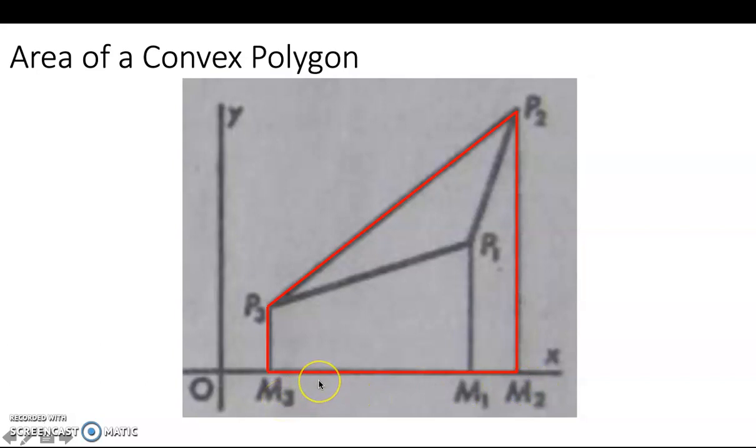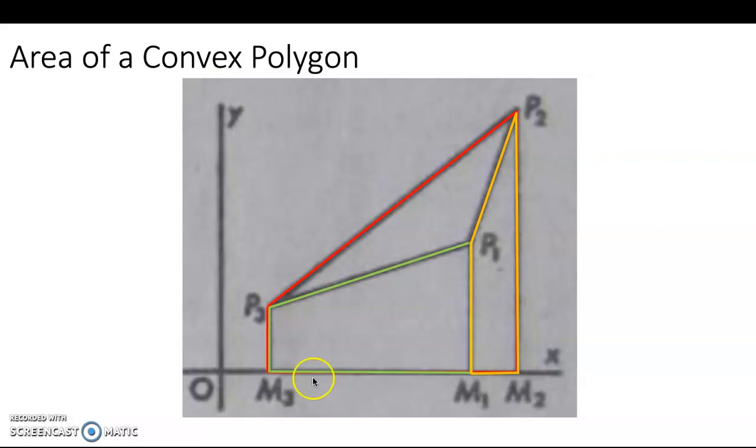What other trapezoids are there? We will have this, the green one, having vertices P3, P1, M1, and M3. And we will also have this kind of trapezoid, which is the yellow trapezoid having vertices P1, P2, M2,